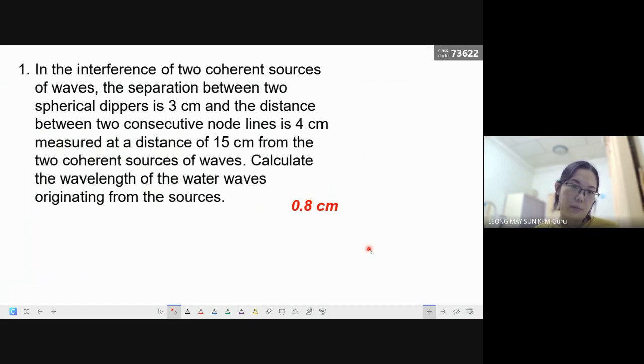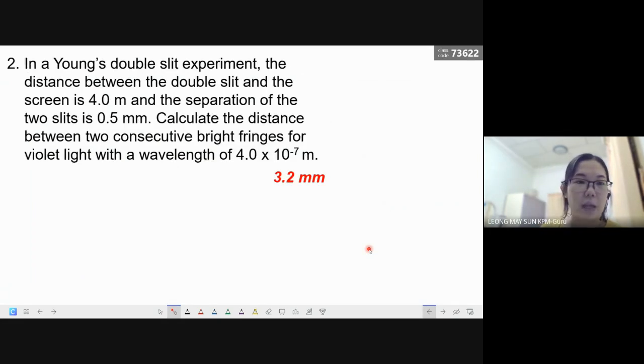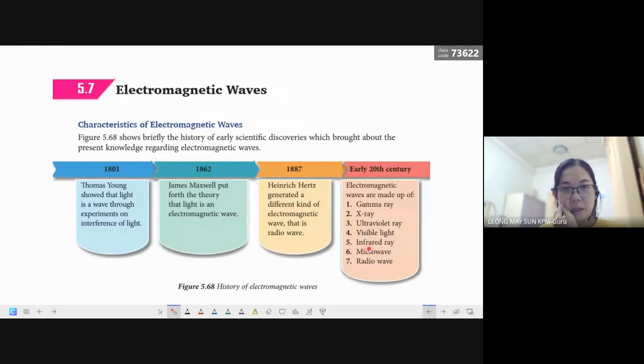Wait, I want to cover one more part for wave. If you don't mind, give me about 5 to 10 minutes. I'm just going to go over the electromagnetic wave and explain a brief part. Electromagnetic wave is a very straightforward part, which I think you can read up on yourself. But there's one situation that I want to explain regarding electromagnetic wave.